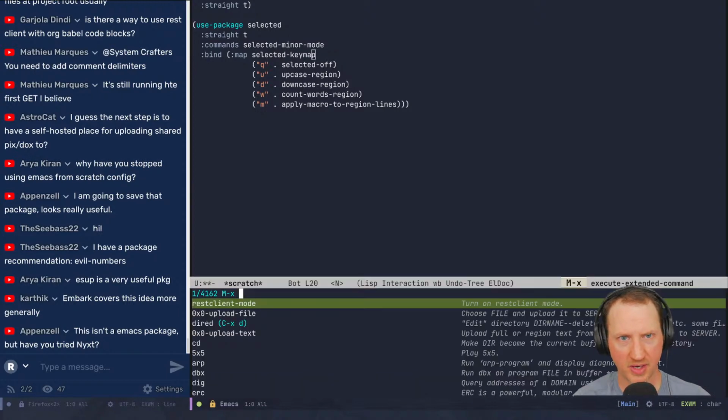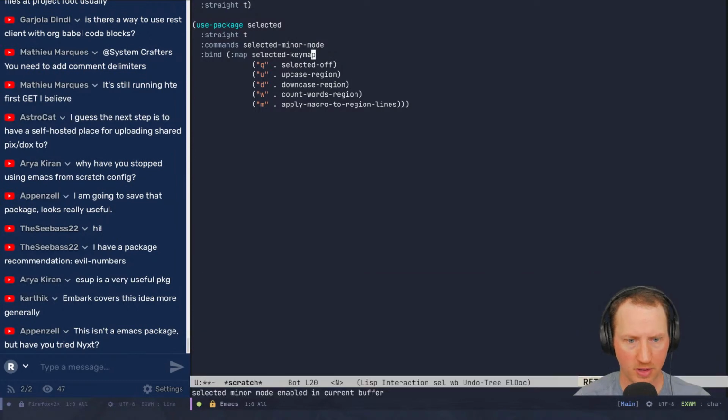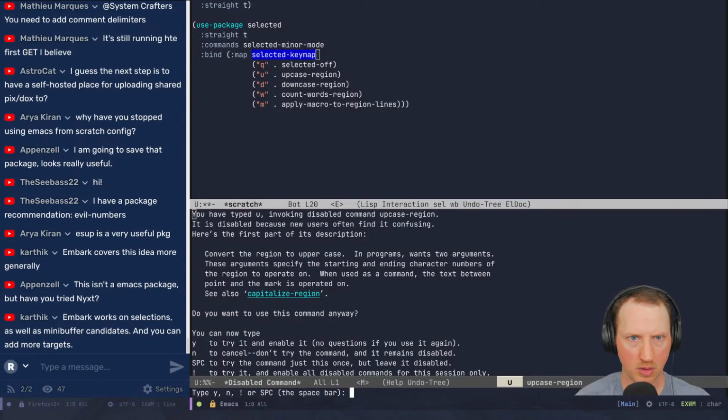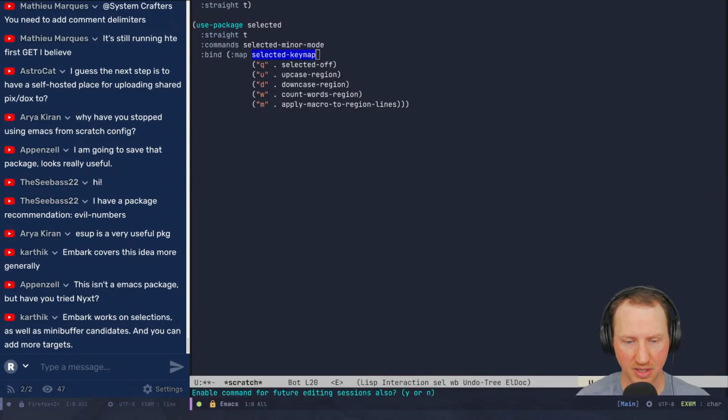There we go. Okay, so I need to turn on selected minor mode. Now it should work, but I wonder if it will work with evil mode. If I press U, did not work. If I go into Emacs state with Control Z and then set the mark and then Control E, yeah, there we go. Press U. Okay. Yes, enable it. Okay, so that actually did work. It's just the error is like, are you sure you really want to use upcase region? Because apparently they think that it's scary for some reason to people.